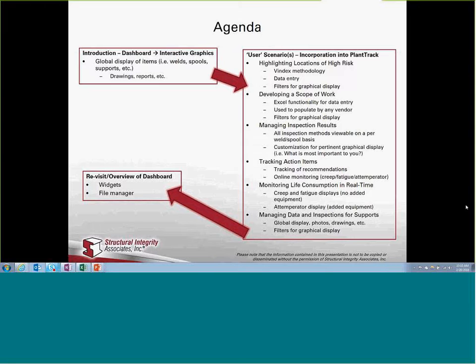An email just a little bit ago provided a link to the overall agenda of what I'm going to try to go through in this window. I'm going to jump into the dashboard. It's like the launching point for where we get into all the data, and then transition pretty quickly right into the interactive module and show you how you look at a system